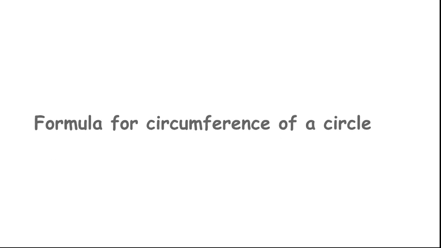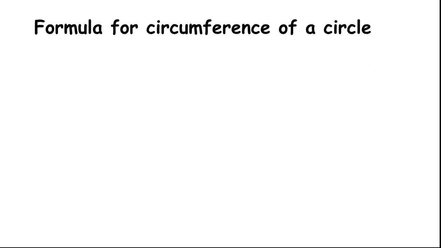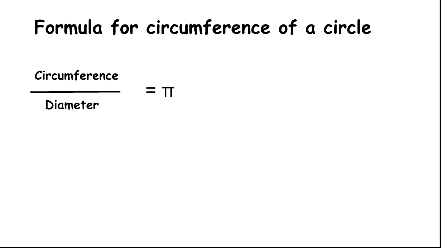Now let us derive a formula for the circumference of a circle. Every two-dimensional shape has a perimeter which has a specific formula. Here the circumference of the circle is also called the perimeter of the circle. So there is a specific formula for that. To get it, we shall use the ratio of circumference by diameter. We know that circumference by diameter is pi. And also we know that diameter is double the radius, 2r. So replacing diameter by 2r, we arrive at circumference by 2r is equal to pi.